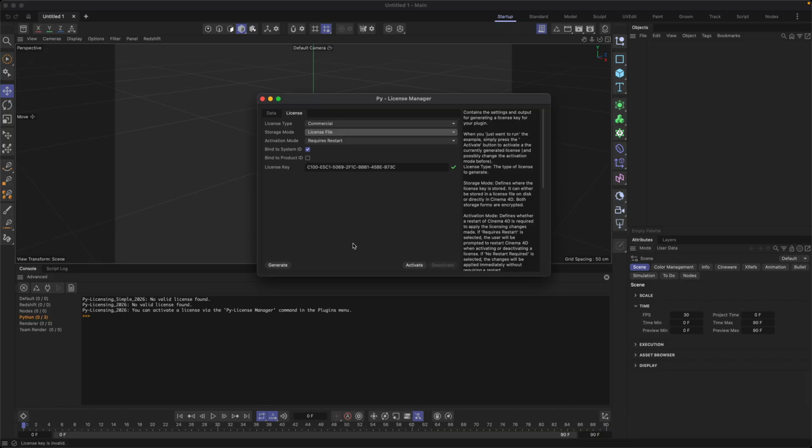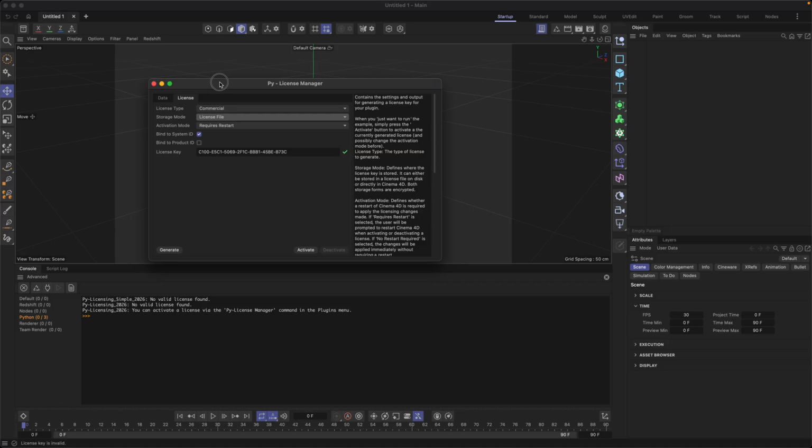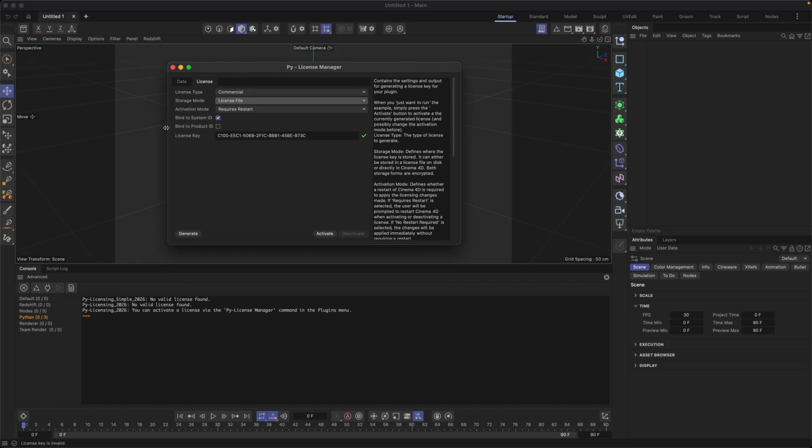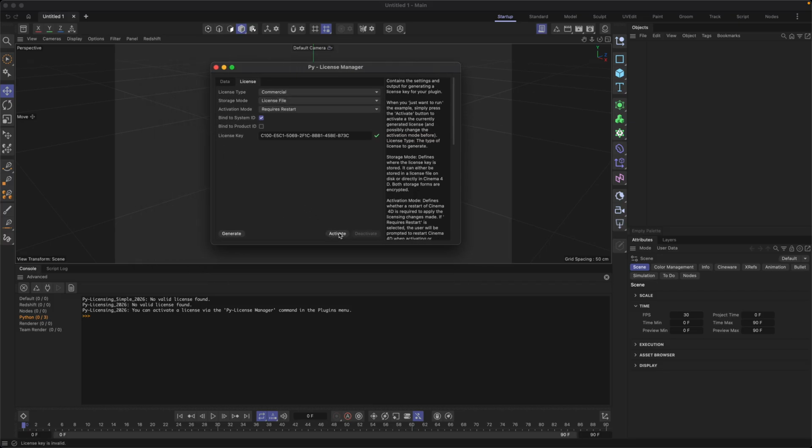The third option would be, of course, again, a web service where the actual data is stored on some server. But I didn't implement this here. And the most interesting and last decision to make is the activation mode. As you can see at the moment, this is set to requires restart. So if I now click on activate, then Cinema 4D restarts to activate